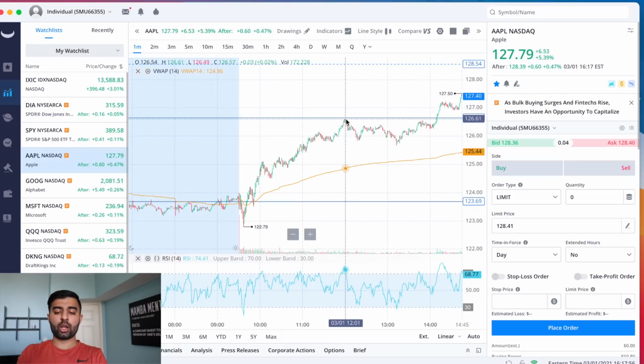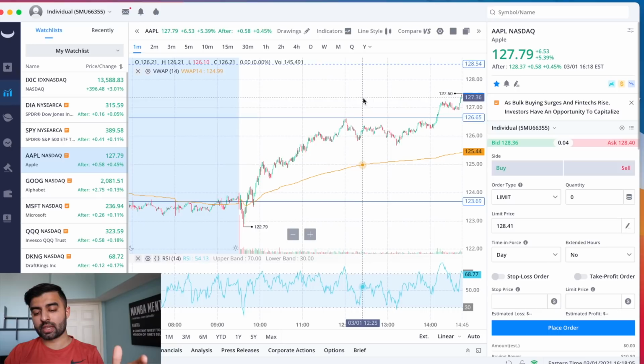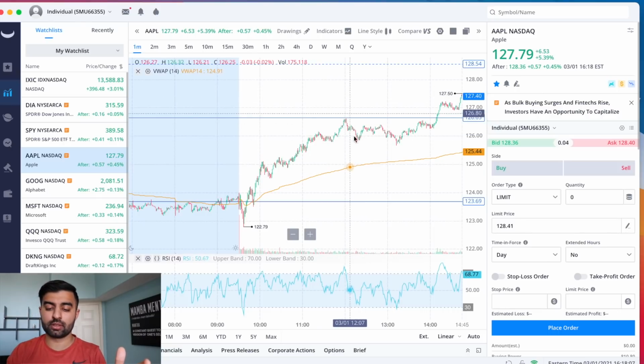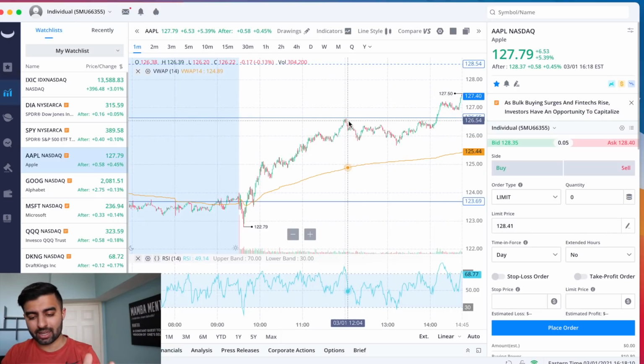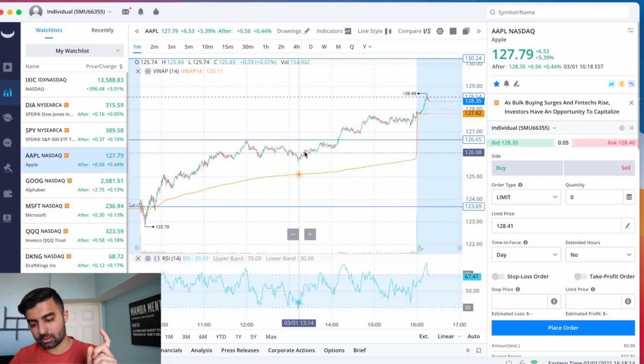Take a look right there. Perfect rejection at our level, you guys, which is just great to see. I actually like seeing this kind of period of consolidation today. If it went up and the gap between VWAP and where the stock is just kept widening, that worries me a little, right? So like that, we got rejected here, took some time to consolidate,